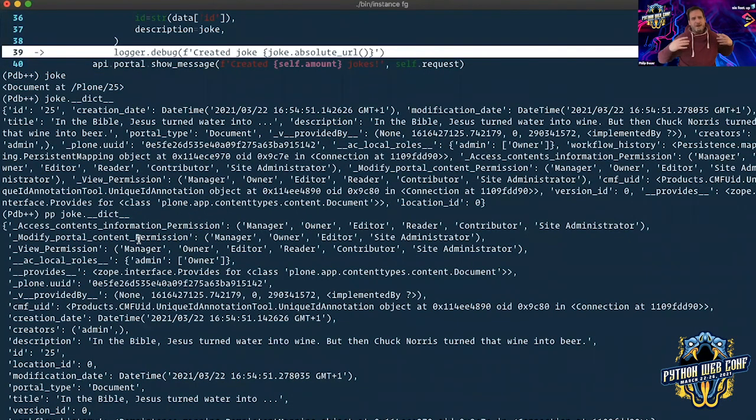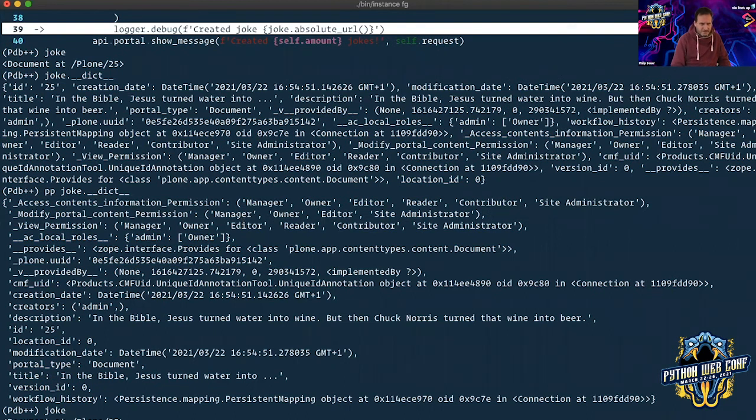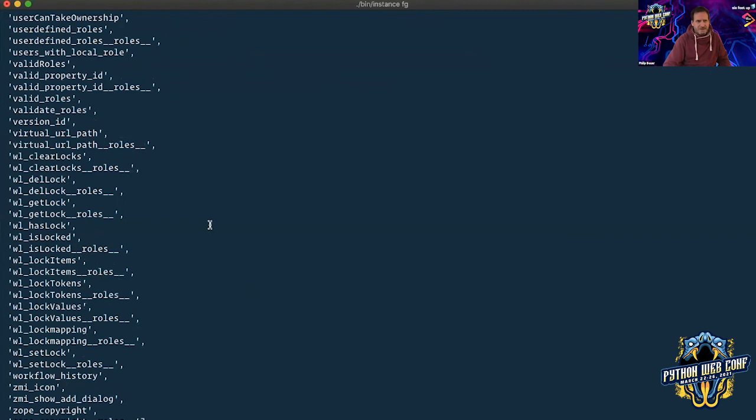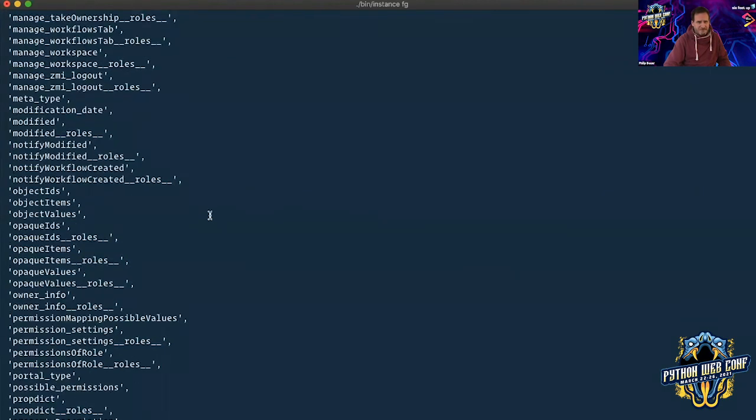The way they act like a dictionary to store their data, even if they are not dictionaries. So this is not a dictionary, but it has a dict method underneath, and it allows you to inspect that. And so if you say dir joke, you all probably know dir, which gives you all the methods here, and you can say pretty print dir joke, and it gives you a lot of stuff that is totally useless because